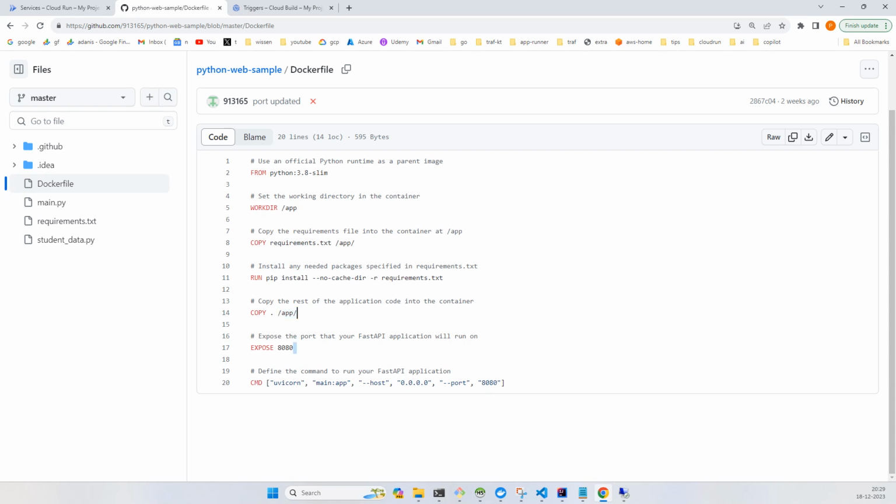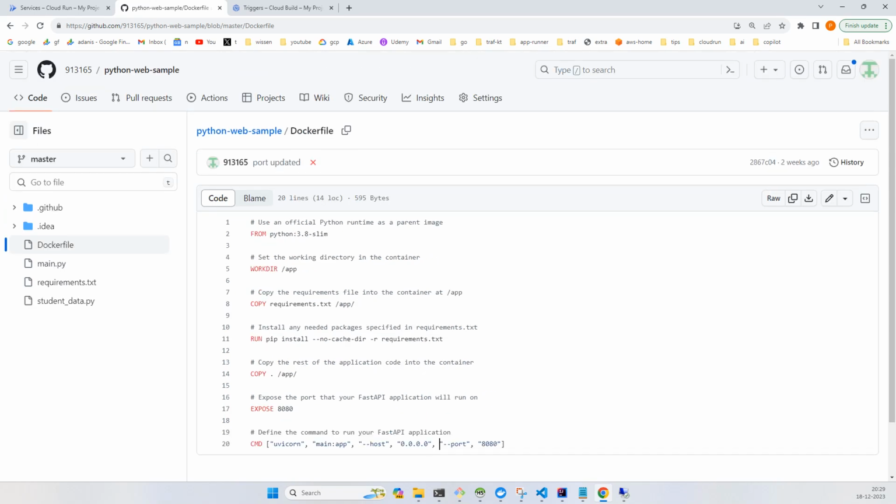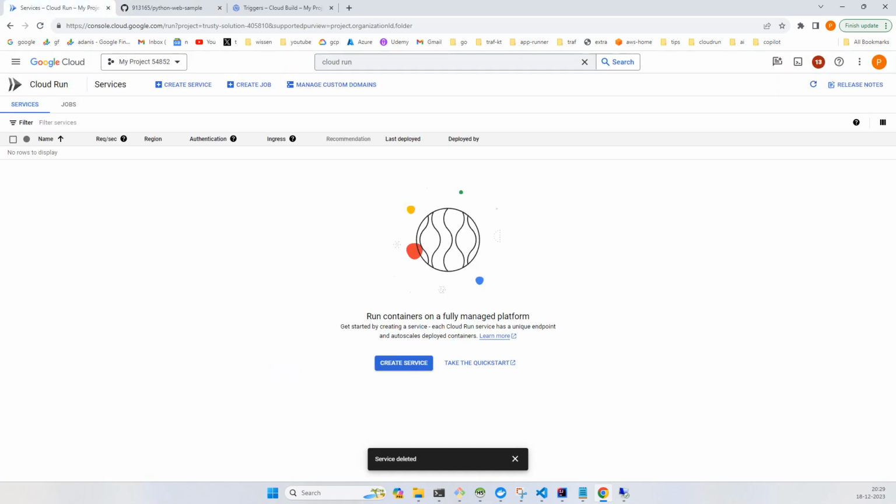So you expose the 8080 port, and then you have a command. There is a simple uvicorn command, and that's it. All right. So it is a FastAPI, again a simple controller. So now let's go back to the Google Cloud, and here we'll directly deploy from the